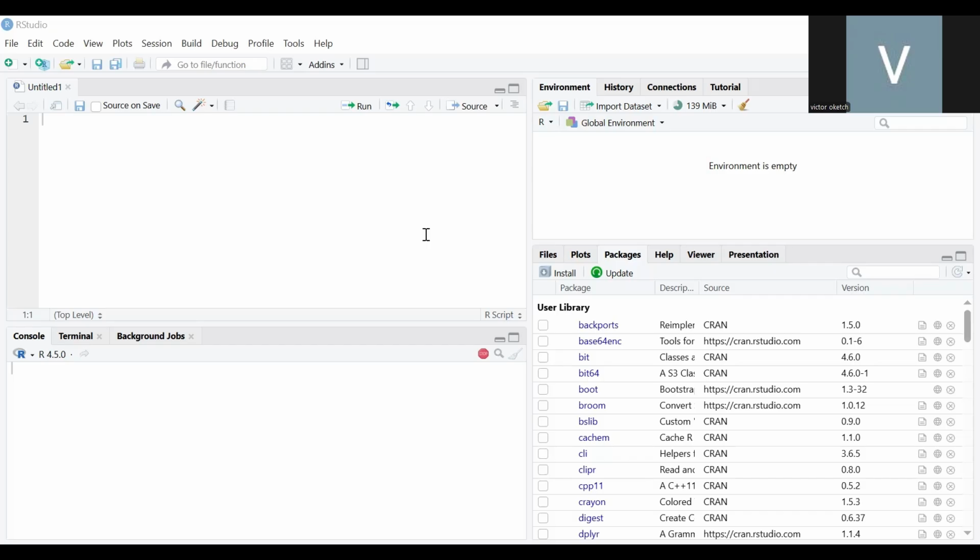The GUI simply means the graphical user interface. We did the installation of RStudio, and then we started